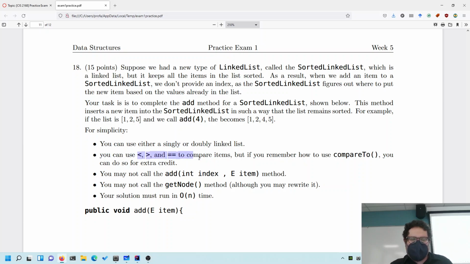You can use greater than, less than, or equal to compare items, but if you remember how to use compareTo, you'll do so for extra credit. I'm going to use compareTo so I can do this easily. I can't call this method because, again, it doesn't really exist here, and I also want you to avoid using that method. You cannot use the getNode method. Although you could rewrite it, because if you really wanted to use it, you could rewrite it without actually calling it getNode, right? But the reason I'm saying it is that I don't want you to use it